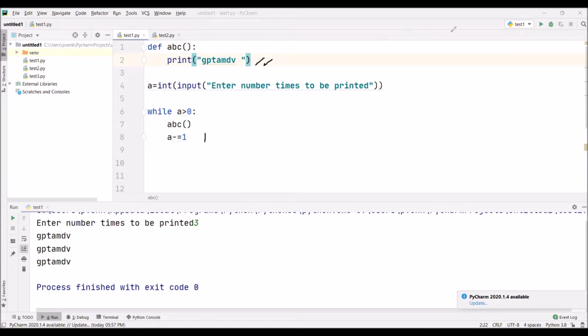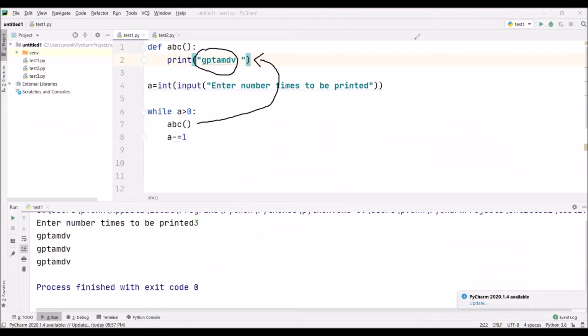After that, the a value is decremented to 0. Now the condition becomes false. Because the condition is false, the control transfers out of the loop. This is how the function strictly obeys our commands. Whenever we call the function, the function does its duty. What is its duty? Printing a string in this case.